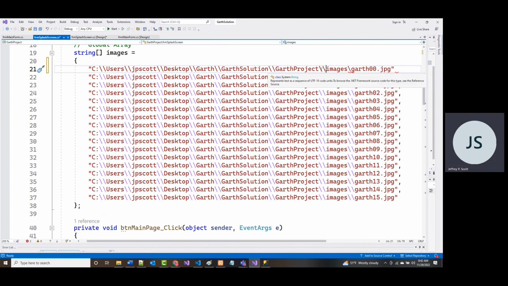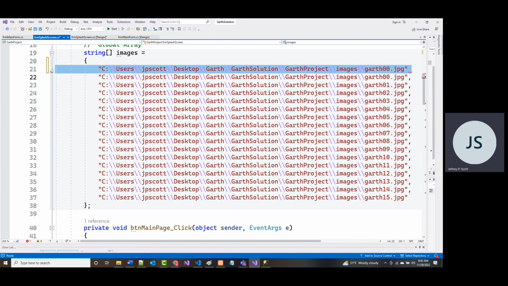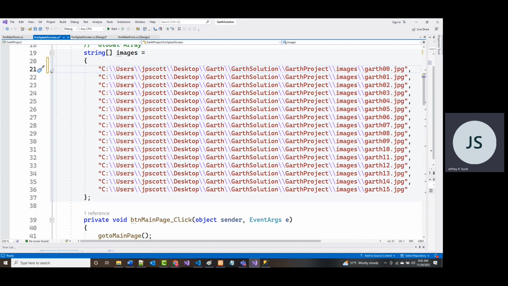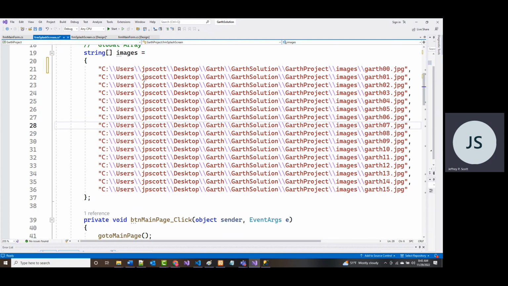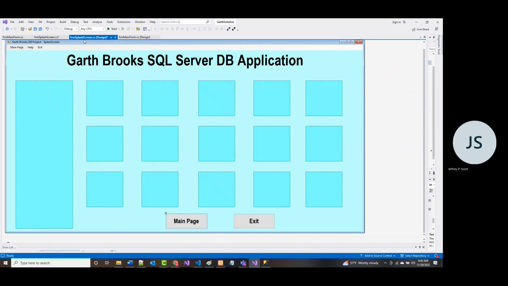I would suggest that you come in when you're doing this, and I'm going to get rid of this one. I don't need it anymore because it's duplication now. Do the first one, get this to work all the way up to right here. Then copy that down 15 more times and then put in 00.jpg, 01.jpg, etc. But this is your array of images. So these are the images right here that go here and here.